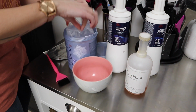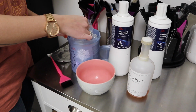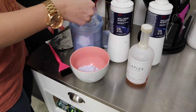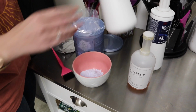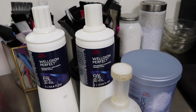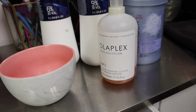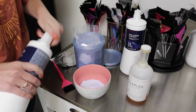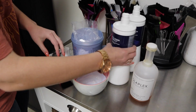Okay, so I'm gonna start by mixing up our lightener, and what we're gonna be doing is we're actually gonna be doing kind of a hybrid between my full highlight technique and adding in a little bit of a shadow root. So I'm gonna be mixing up about 1.5 scoops to start, and I'm gonna start with 25 volume. Now she has pretty light hair to begin with, so that's why I'm starting with 25. I don't think we need to really increase it. We'll probably go up to 30 when we get up to like the front of our hair and stuff, the top. But we're also gonna be spacing out some of our